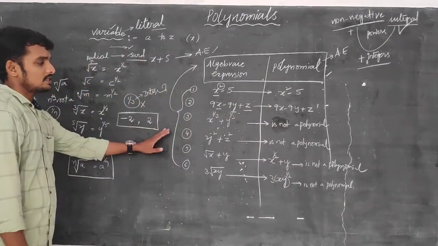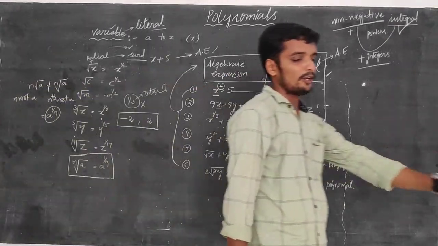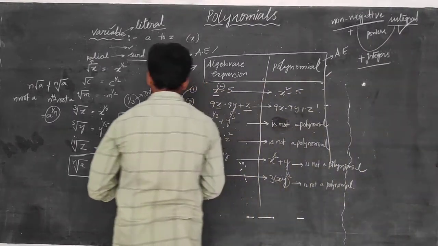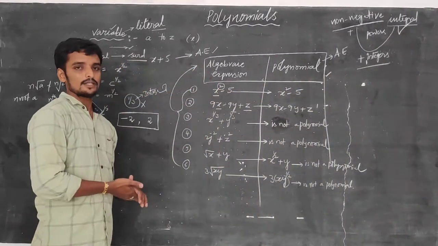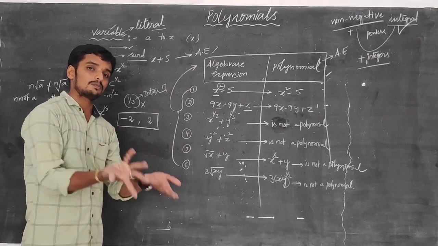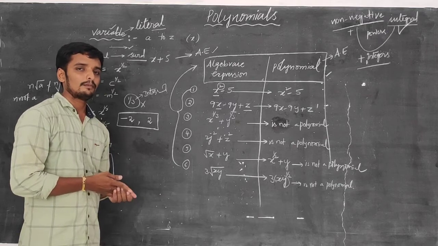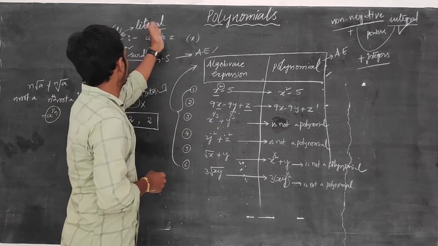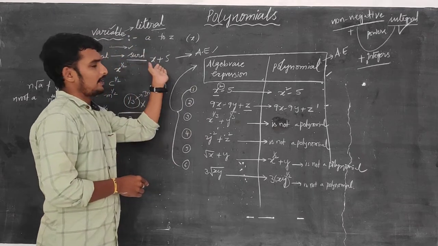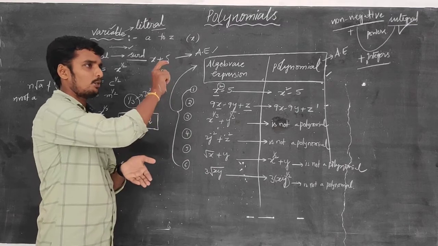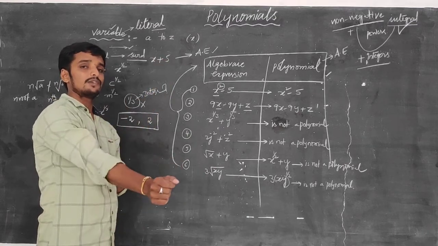So this is the definition of a polynomial. If you can't understand, I will recall all these topics once. After that, if you still can't understand, ask me and I will explain it differently. Okay, so already the variable and algebraic expression definitions are given. In your CW, we have to keep the heading polynomial. First heading: write the definition of a polynomial.